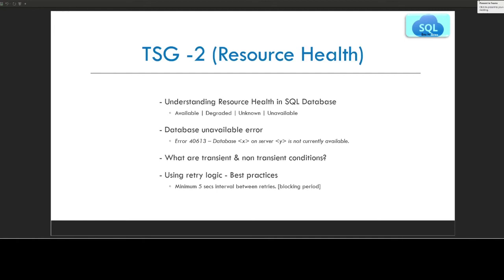So every SQL database comes with a quorum of a primary and one or more secondary replicas, and they have a quorum depending on what service tier you have. And so failovers are reconfigurations in response to the failure of a running primary. That is one. And the other one is swap primary. Swap primary is also reconfiguration